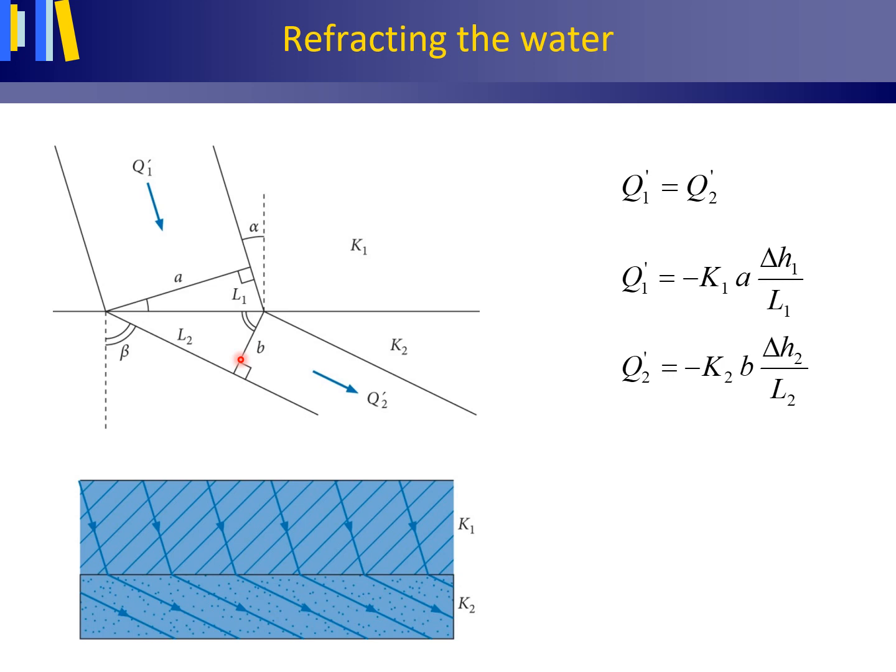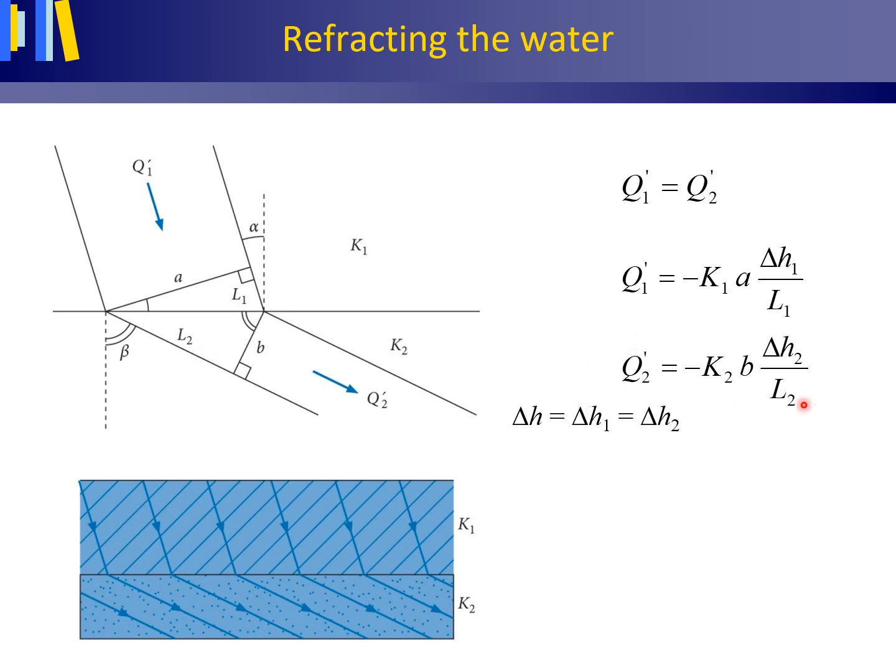This increment, or difference in hydraulic head delta H, is the same for both the right and the left streamline, albeit that for the right streamline, delta H is established over a shorter distance L1, and for the left streamline over a longer distance L2. Thus, the hydraulic gradients differ, but delta H equals delta H1 equals delta H2.